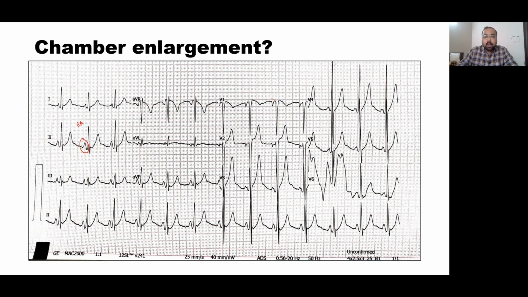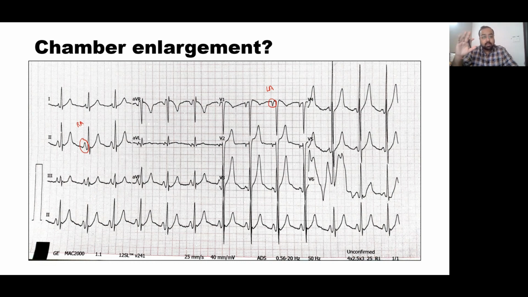And we have got a wide and negative P wave in V1, which is suggestive of a left atrial enlargement. So what does this patient have? Does this patient have both right atrial as well as left atrial enlargement? But in that case, there should be manifestations of both these chamber enlargements in both the leads. So what is the mystery here? The answer lies in the basic interpretation of the ECG.